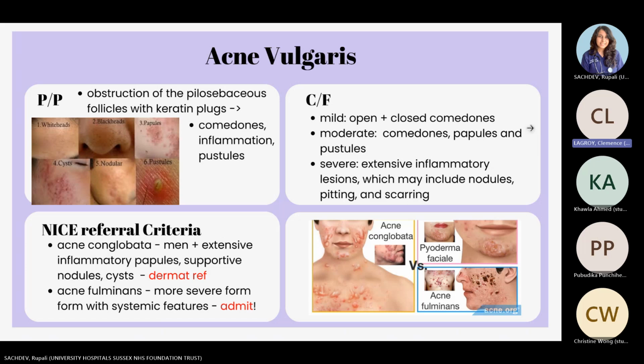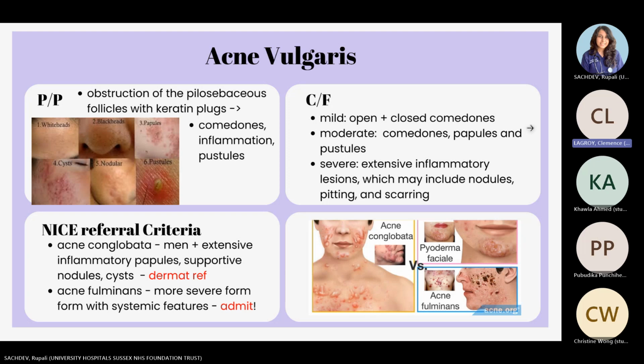So you have the different kinds of classification. You have mild, which is mainly open and closed comedones. Then you have moderate, which is comedones plus papules plus pustules as well. And then you have the severe one, which is extensive inflammatory lesions, which may include nodules, pitting, and scarring, which is all of those put together, as well as the bottom one. So you're going to have extensive scarring, even though there's no active